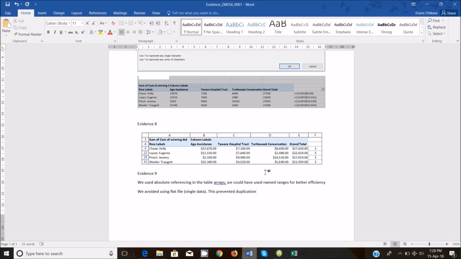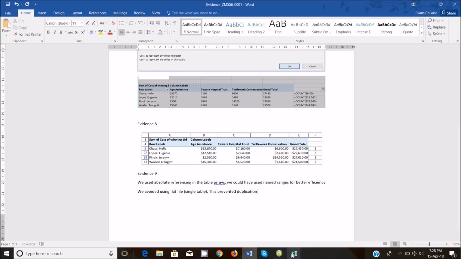Remember, we had 3 tables, and all the data was being imported from the 2 tables that we had into 1 table. If you had a single flat file or single table, not single data but single table, then there would have been a lot of duplication of data. And the table would have been so large that it would have been very hard to represent it,